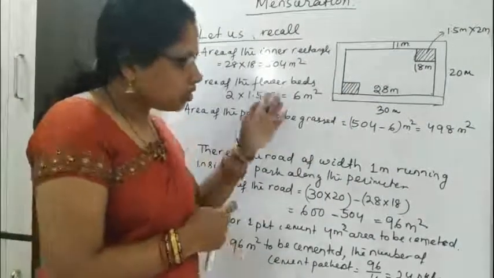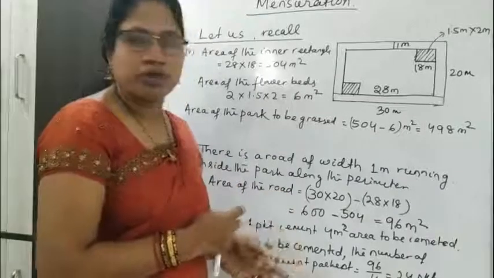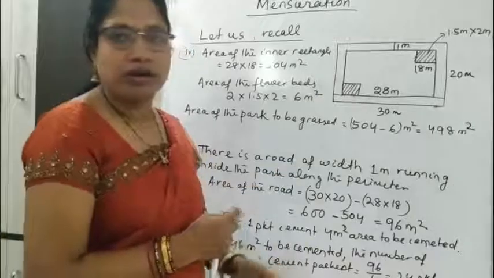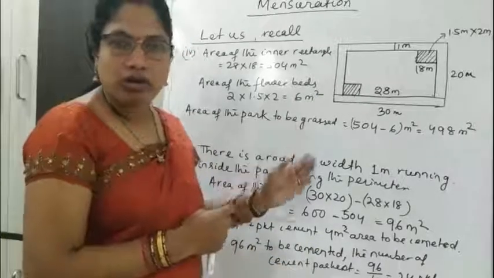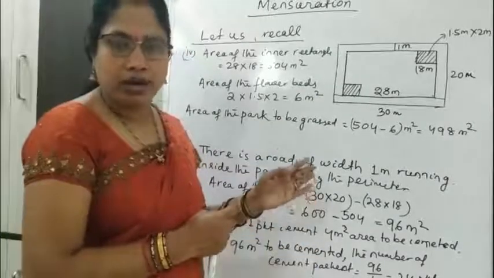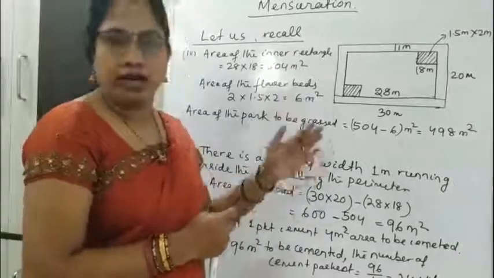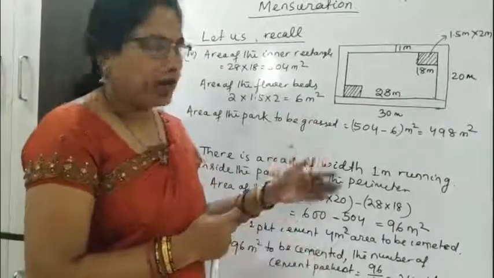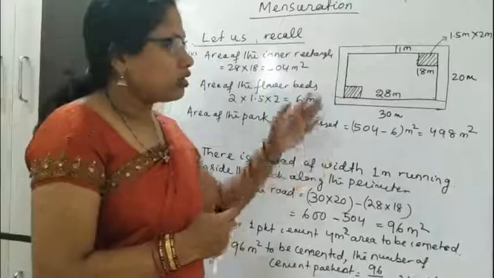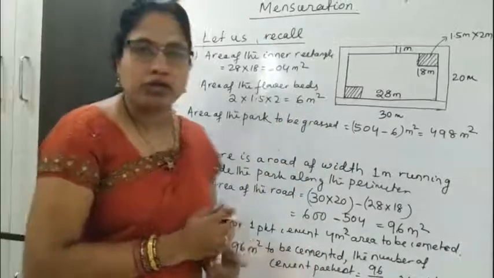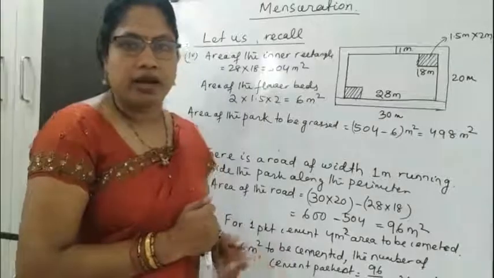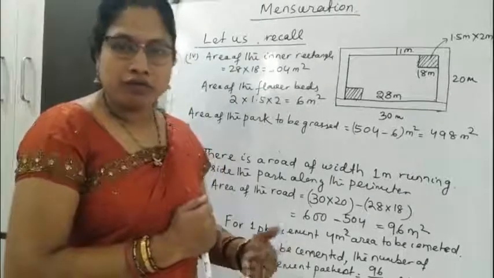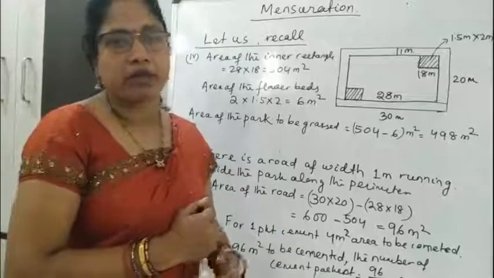So this is all about the knowledge you have learned in your earlier class. In one figure we have used all the formulas for perimeter of a rectangle and area of a rectangle, and also perimeter of a square and area of a square here. So in this way you can use the formula for area and perimeter of different rectilinear figures to find the areas and perimeters of other figures.